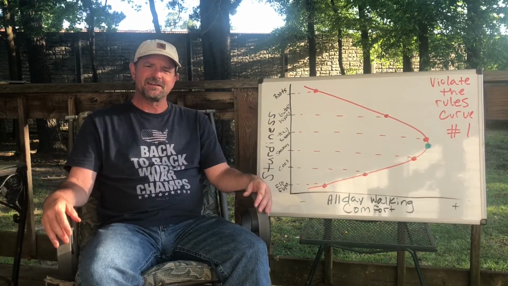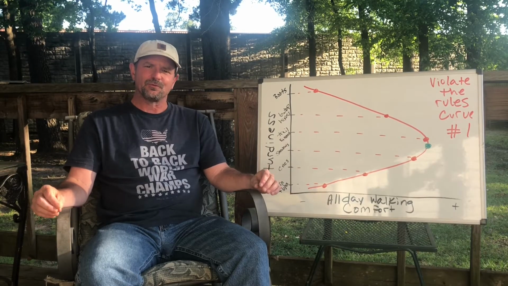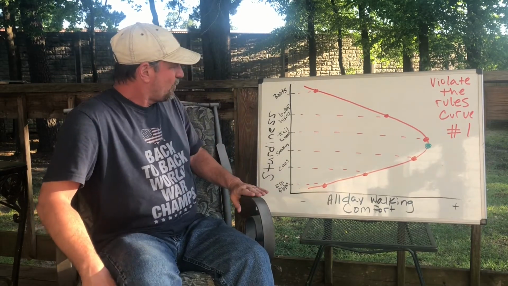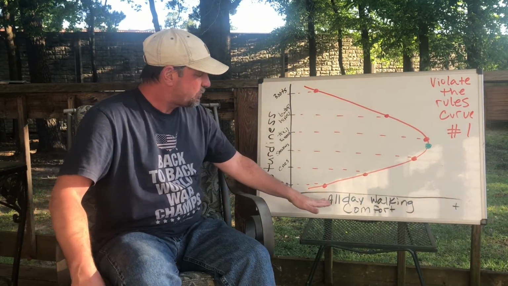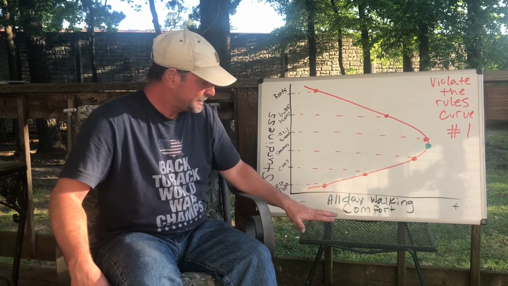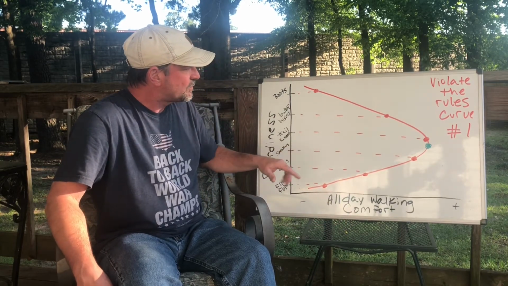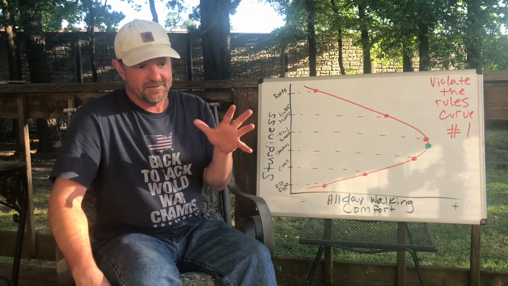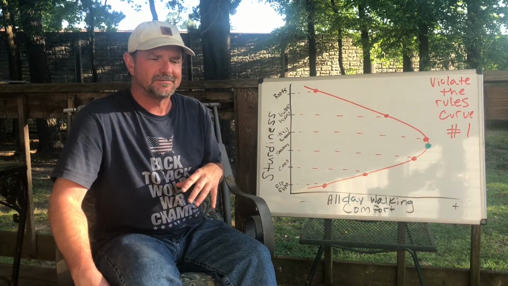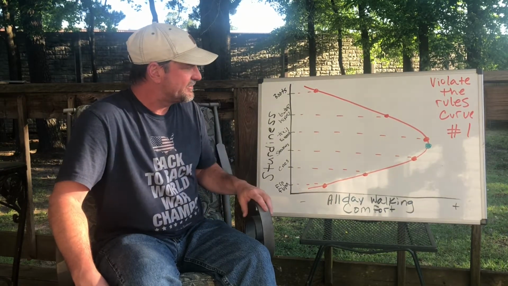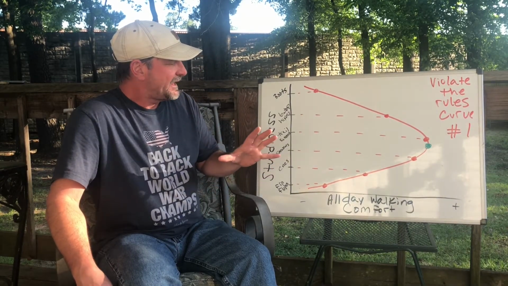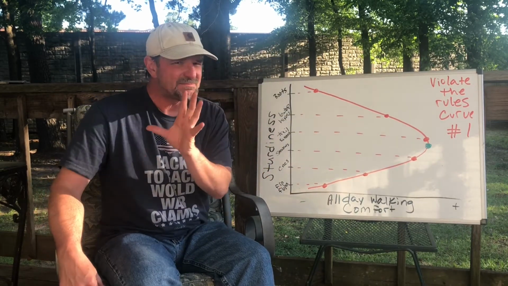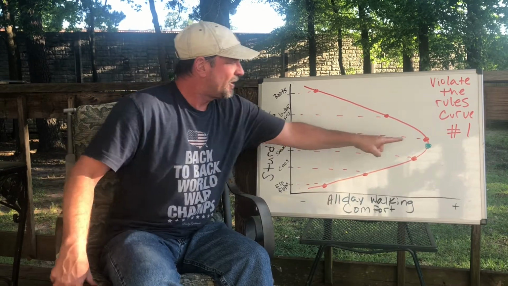Now, class, we begin a set of what I call violate the rules curves. And this is violate the rules curve number 1. Now we're up to all day walking comfort. The way this one works is, if you're walking all day, and of course terrain may change some of this and change how you think about it, but what you'll have is some point, and I marked it in green, where that is the maximum comfort you can have, and from that point,